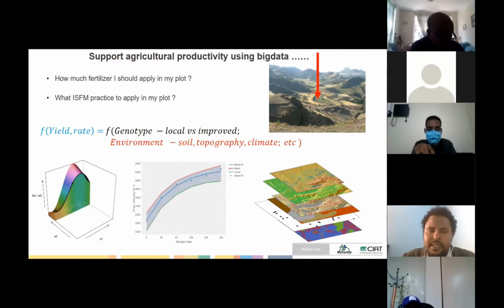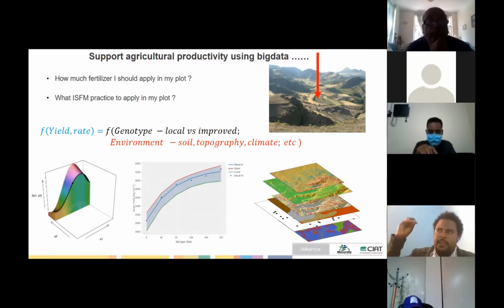And for that it's all about partial dependency, because environment affects the process, but we want to pick the management practice based on all variables. For example, here is a relation between yield and fertilizer application rate, considering my soil, my topography, and the climate condition in my plot.